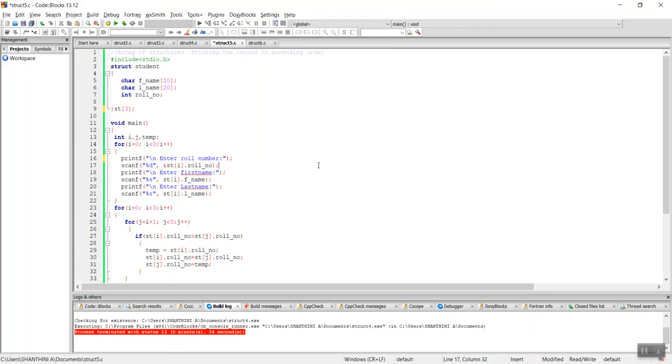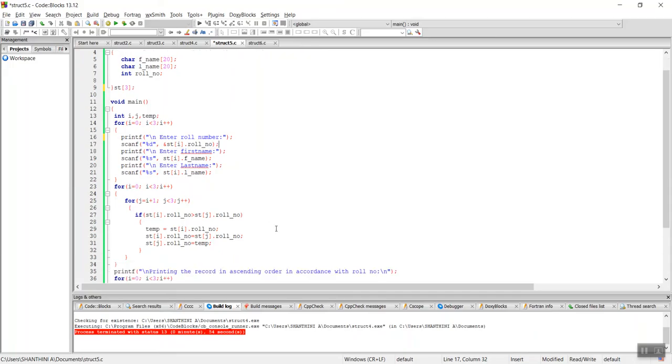Okay. Now what I'm going to do, as far as our program is concerned, is print the record in accordance with the roll number in ascending order. It's not necessary that we need to enter the roll number in ascending order. We'll be entering it the way we like. Okay, so here I'm going to sort the structure members by using the for loop in accordance with your